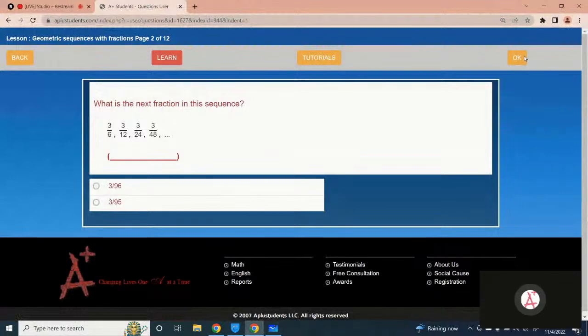Okay, wait. For the next question, just Adeline has to answer. Rest of the students, just wait, please. Adeline, you have to answer now. What is the next fraction in the sequence? 3 by 6, 3 by 12, 3 by 24, and 3 by 48. So the next term in the sequence is,